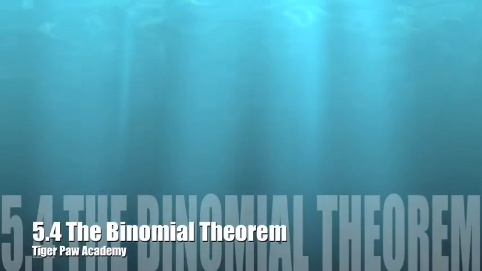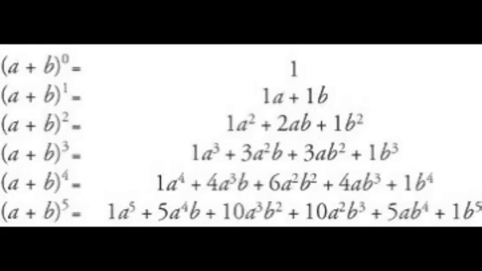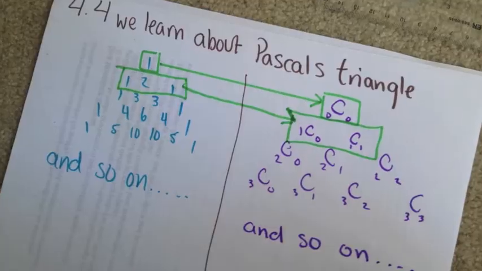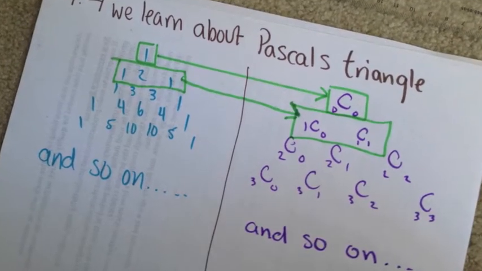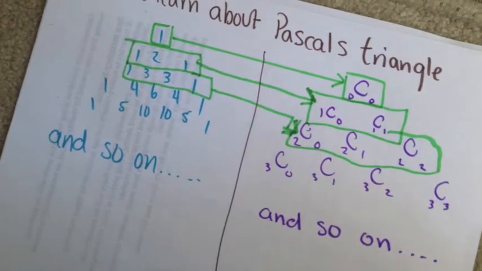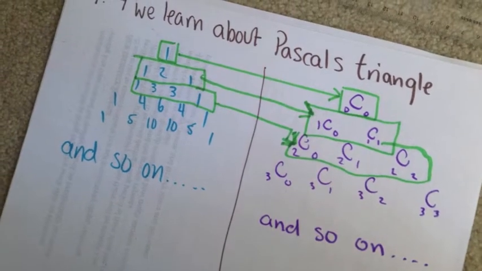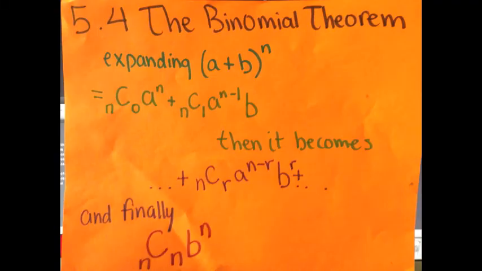This video is all about 5.4, which is the binomial theorem. We're going to see a lot of this and mention its name quite a few times. We learned about Pascal's triangle in 4.4, and we see that the two correspond to each other, starting from row 0. 5.4 is all about expanding (a + b) to the exponent of n, where